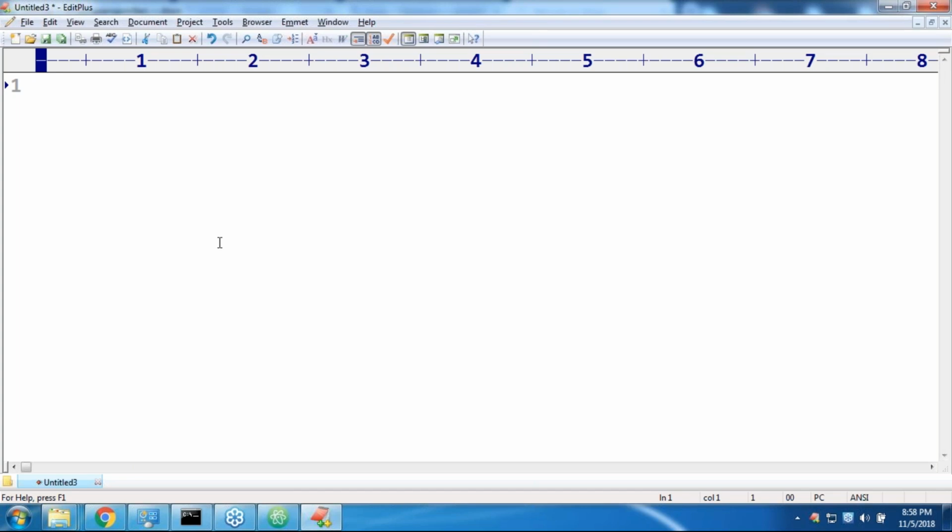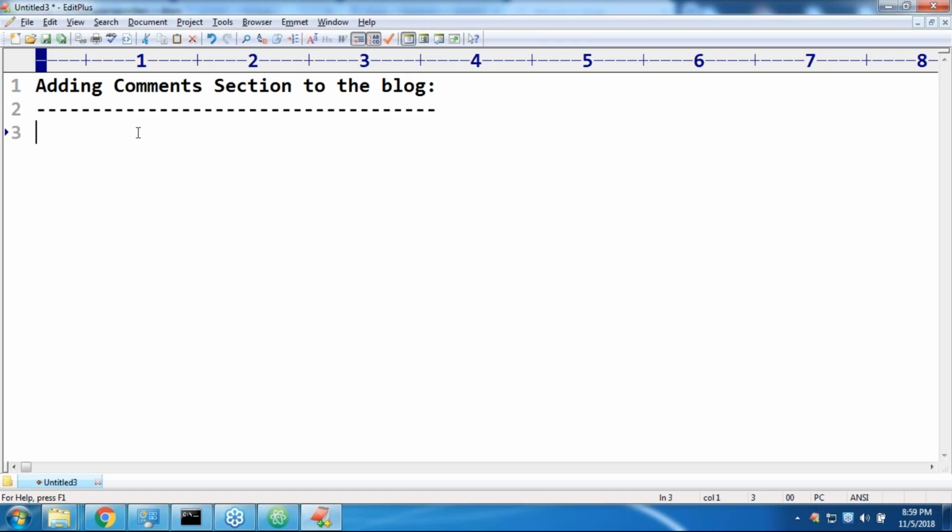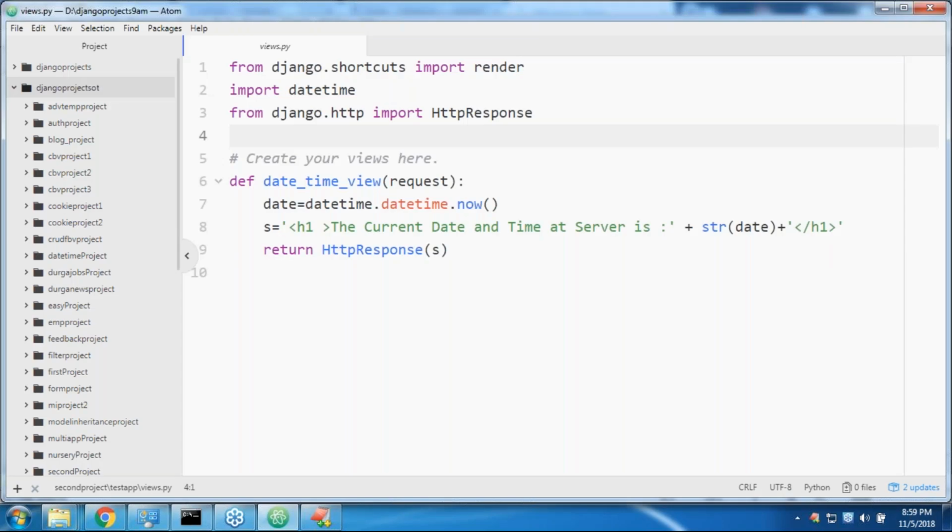What we need to discuss, sir, is a very valuable concept: how to add a comments section to the blog. Take special care, sir. For every post, I want to display comments below it. Something like, if you consider